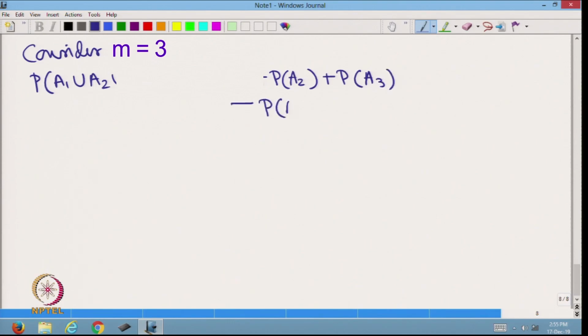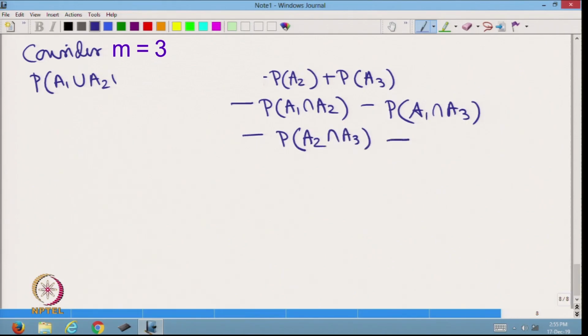minus probability of A1 intersection A2 minus probability of A1 intersection A3 minus probability of A2 intersection A3 plus probability of A1 intersection A2 intersection A3. Now, this quantity is greater than or equal to 0. Therefore,